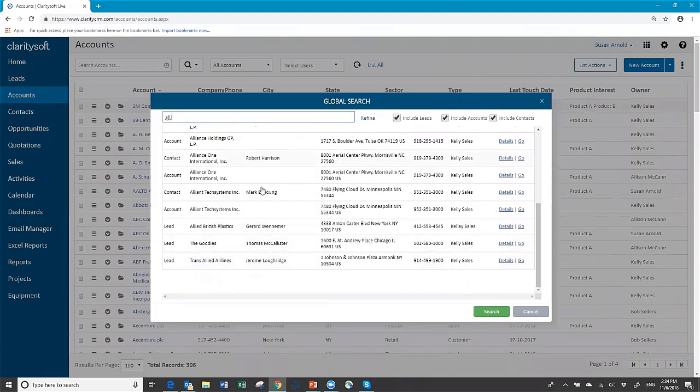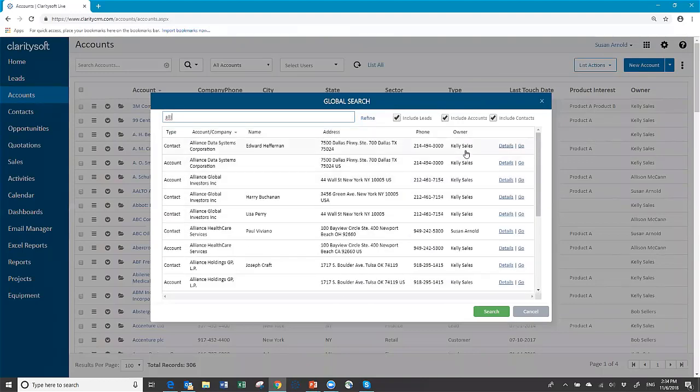And it gives you the contact person, it gives you the location, the phone number, and it tells you who the owner is, which user in the system this record belongs to. And then if you are interested in looking at it, you can click on this, which will be for Edward's contact record,